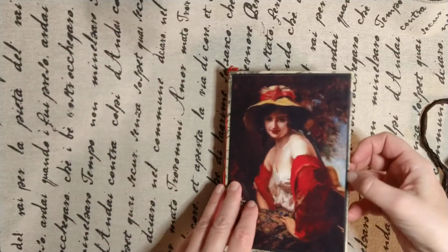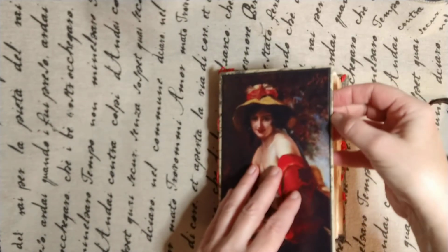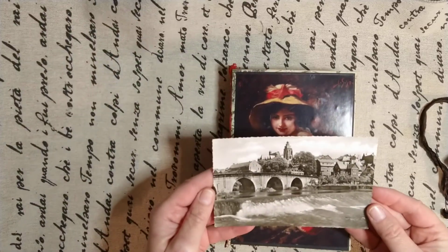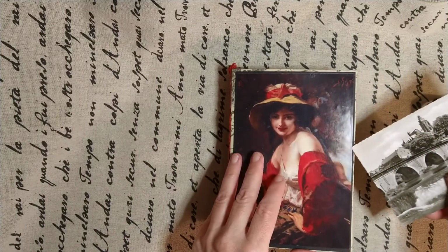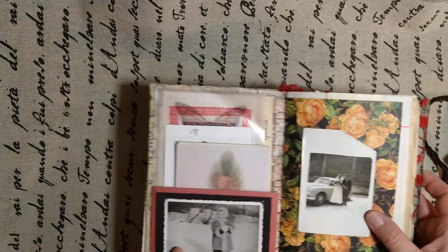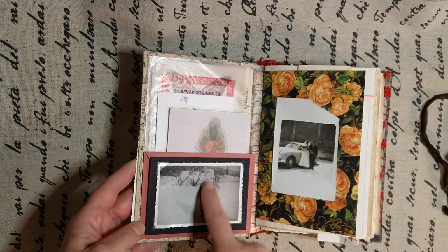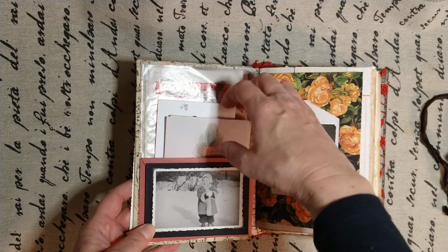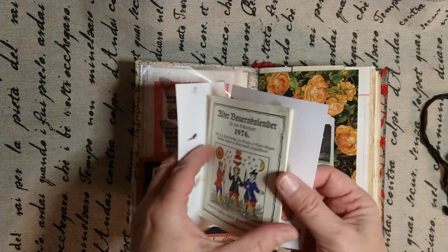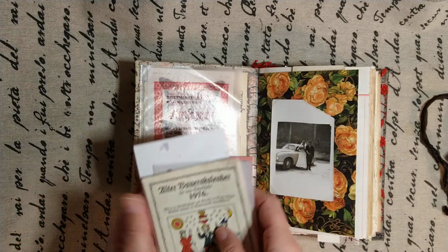It's a painting. Of course, this is a huge pocket, and inside there is so wonderful old postcard. When you open it, you find this little cutie, because it's winter time now. Some ephemera. This is not vintage, it's relatively new, but so cute, it's so cute. So I added this, and